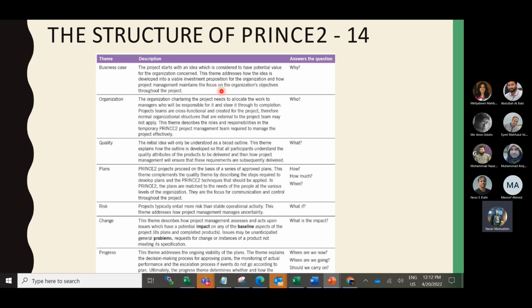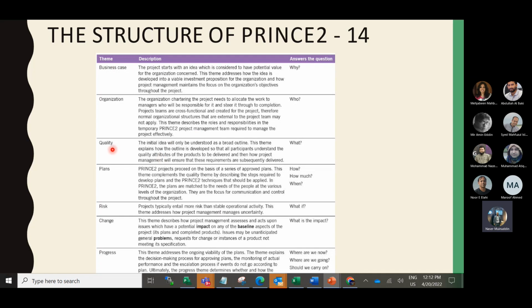So it answers the question why. And then organization means who will be responsible for the project to be delivered. That means the project needs to allocate the work to the managers who will be responsible for it to completion. That means who is going to deliver.